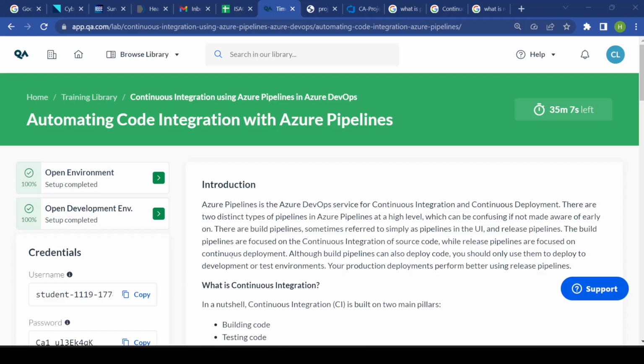Hello, in this lab we will be working on continuous integration using Azure Pipelines in Azure DevOps. Now, what is continuous integration? We will be continuously and automatically integrating our code present in one branch of a repository into another branch